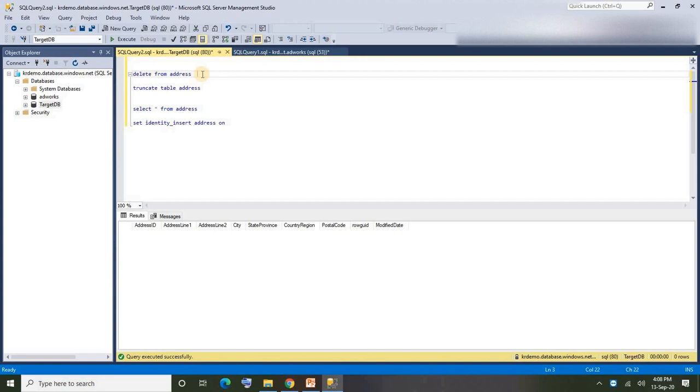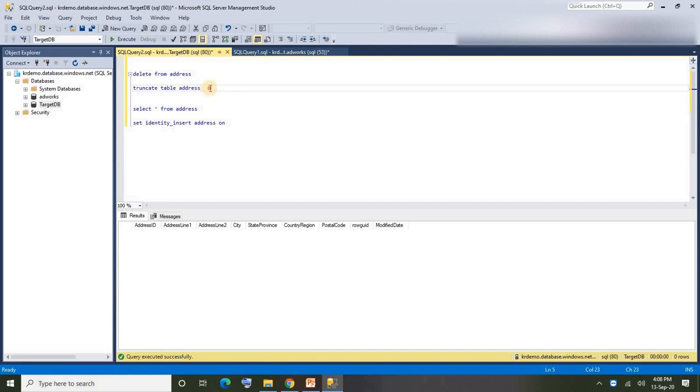For example, it ended at the 100th record. Before there were 100 records, we deleted with the delete statement. And when you try to insert a value into this address table, that first row will pick the identity value as 100, not 1, because whatever identity was there before deleting, that same identity will be retained.